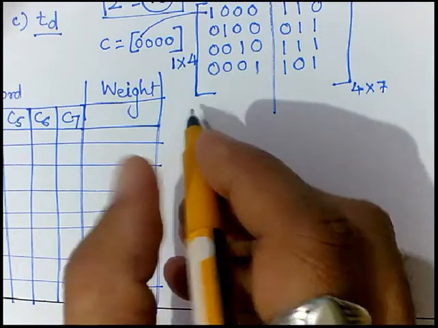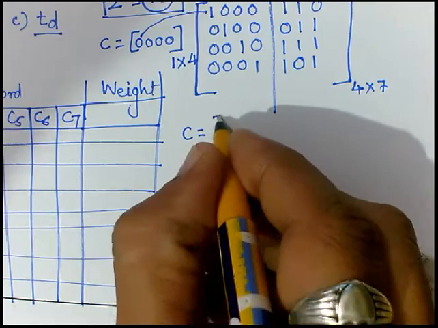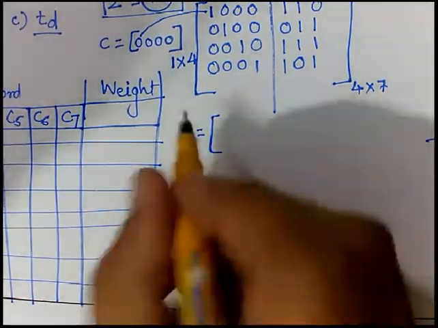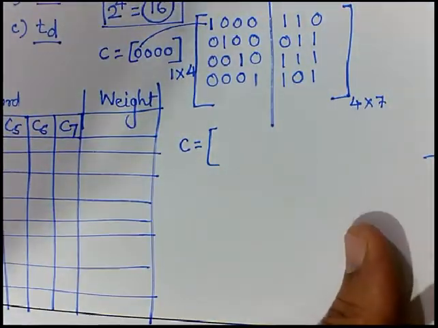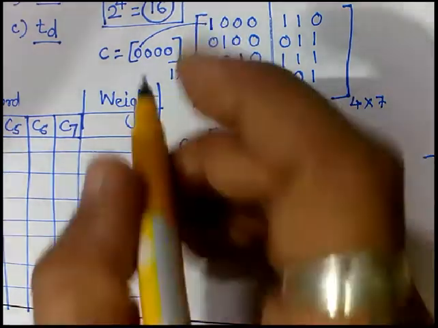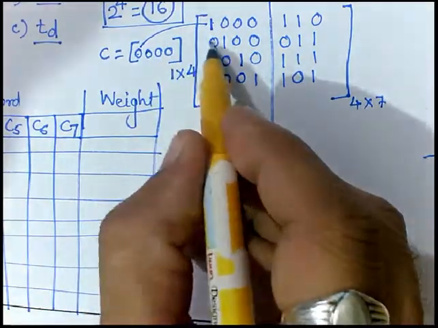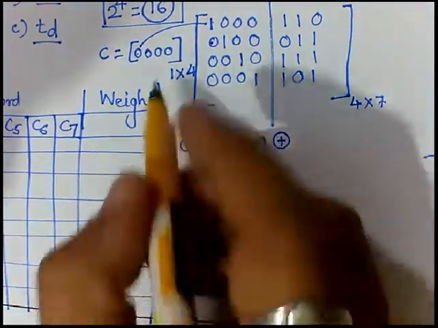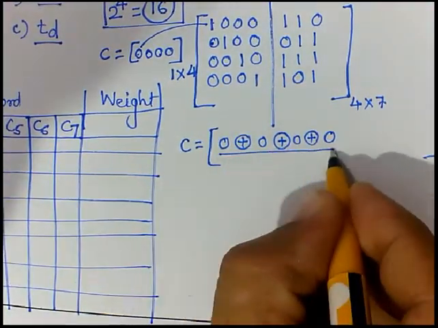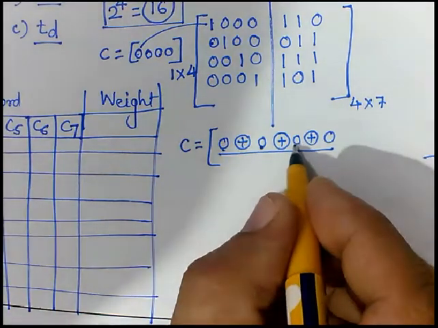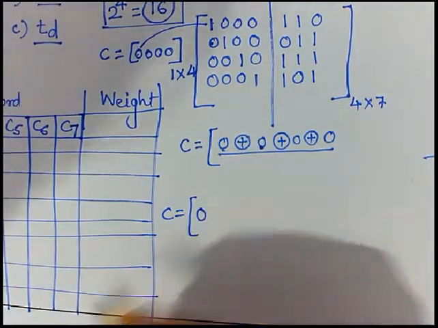So let's discuss how to get the multiplication. Here C is equal to D into G. The operation we are going to perform is very simple. It is not simple addition, but rather XOR addition. So it will be 0 into 1, that is 0, XORed with 0 into 0, that is 0, XORed with 0, 0, 0, meaning 4 times 0. This will result in 0 XOR 0 XOR 0, and so on. So overall the first bit is coming as 0.